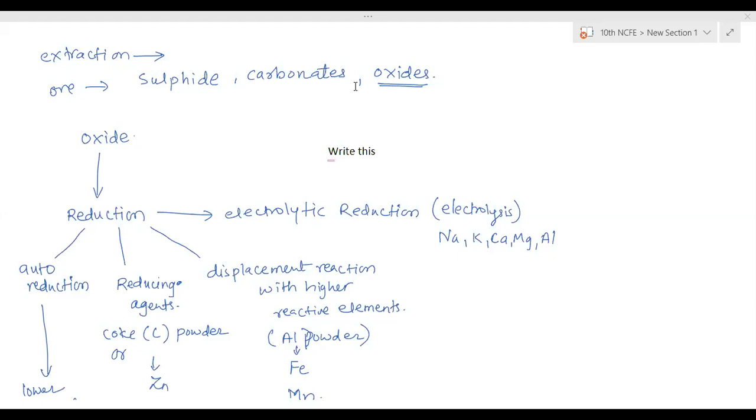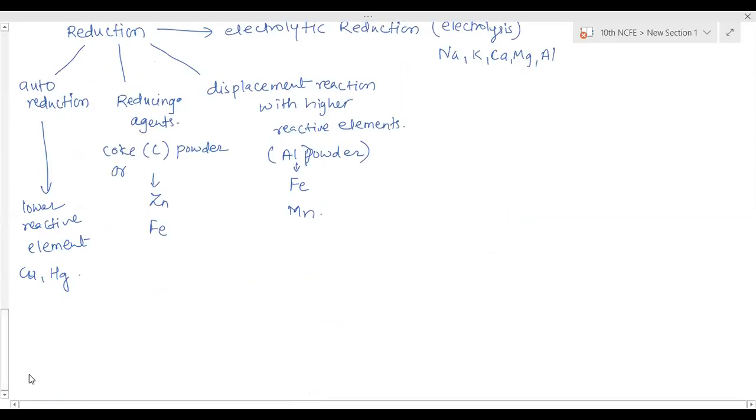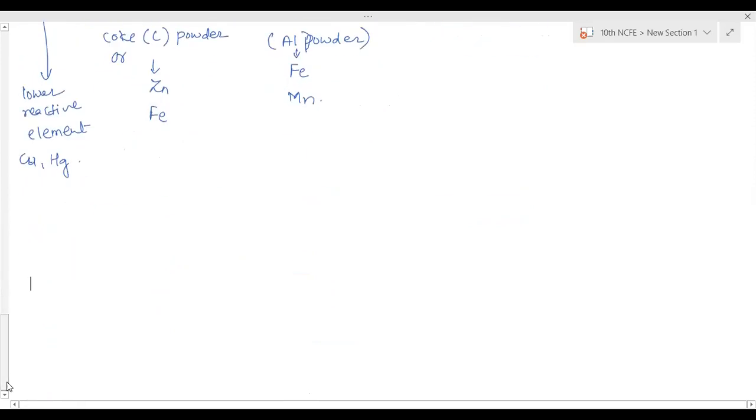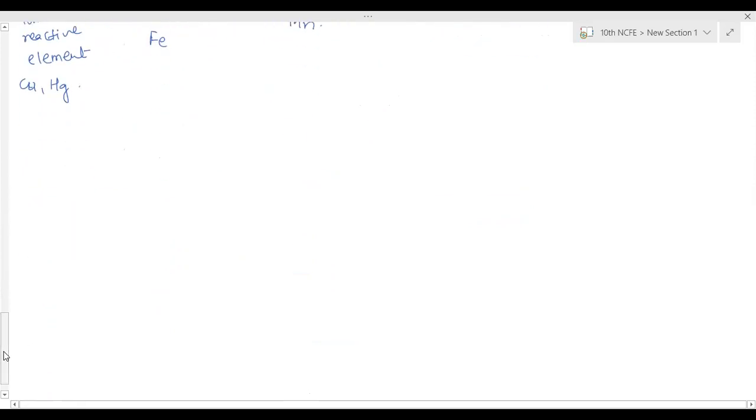And that conversion is done by a process, which is actually strong heating. In presence or in absence of oxygen, the ores are heated strongly. Those methods are called roasting and calcination. So next step, if the ore is found in the form of sulfide ore or carbonate ore, those are first converted into oxides.